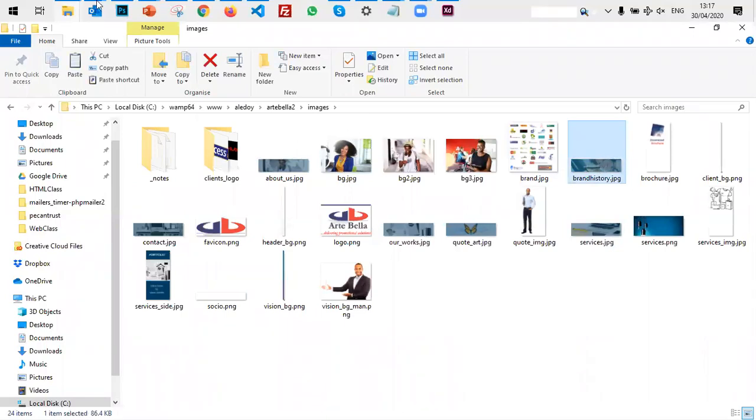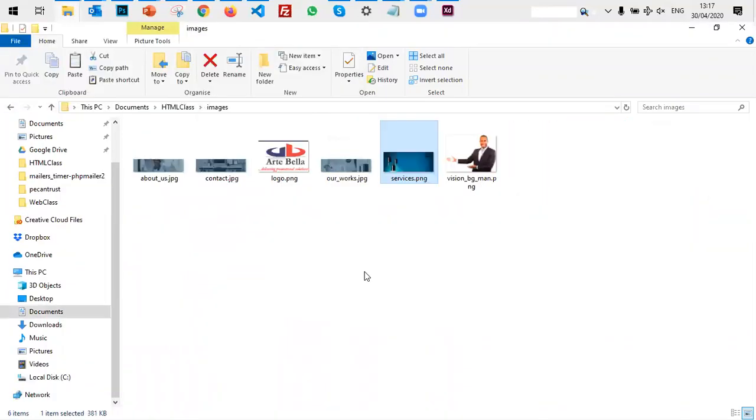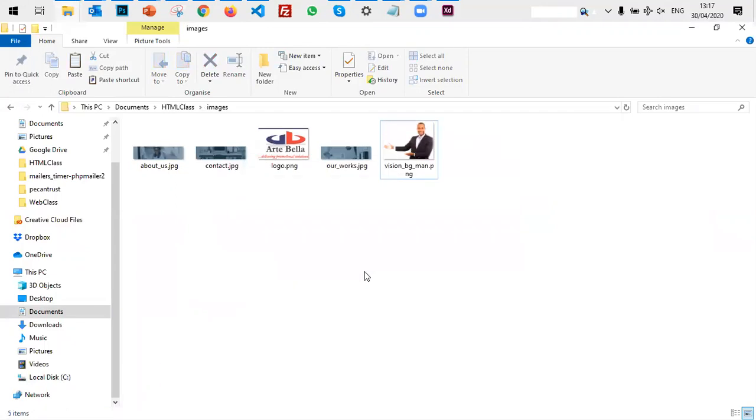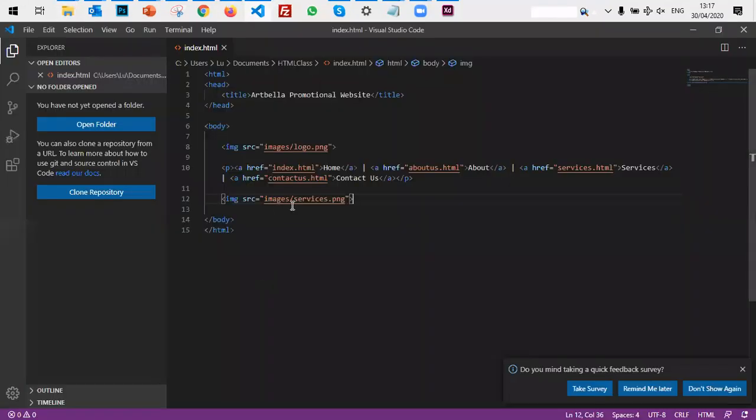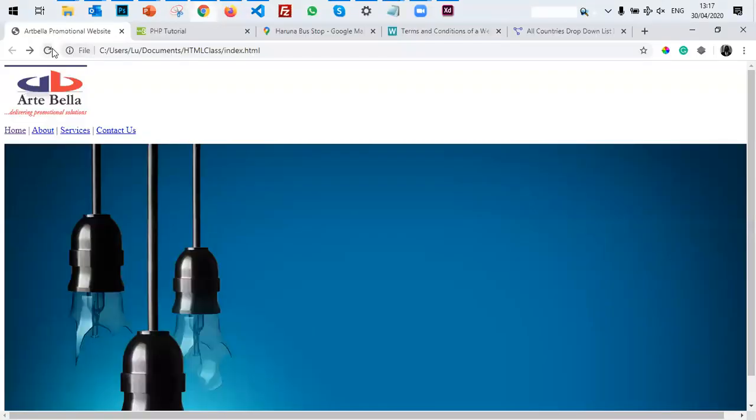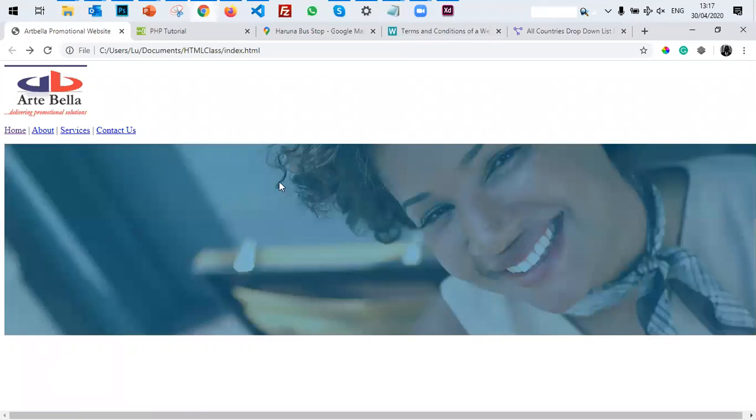Okay, so let me use brand history. I take this out and use brand history. The name of this file is brandhistory.jpg, and I just replace this one. Why I'm changing it: I don't want the picture to be too big. I don't want it to overshadow the page. So now, the next thing is